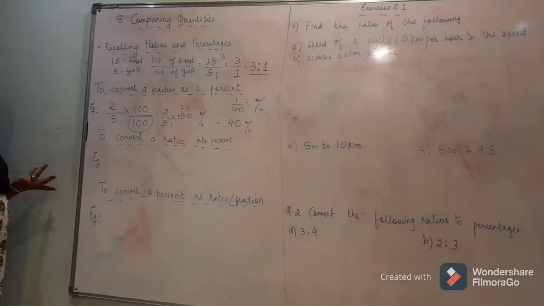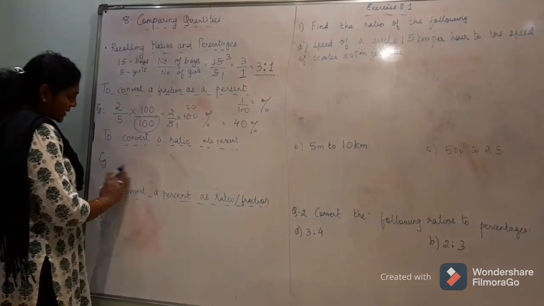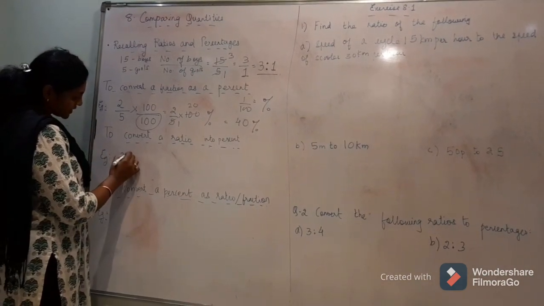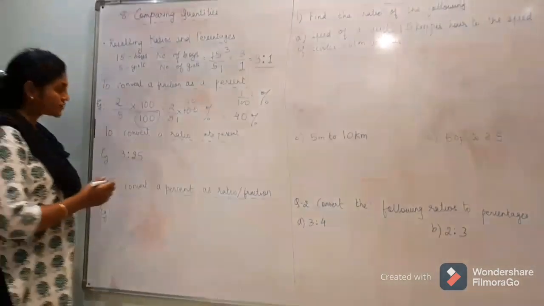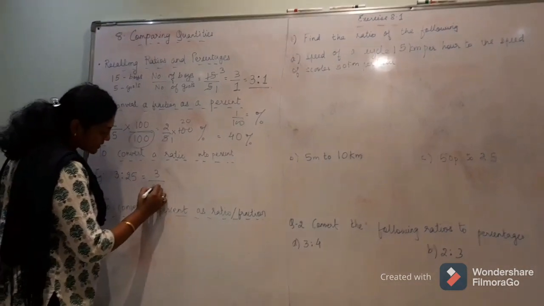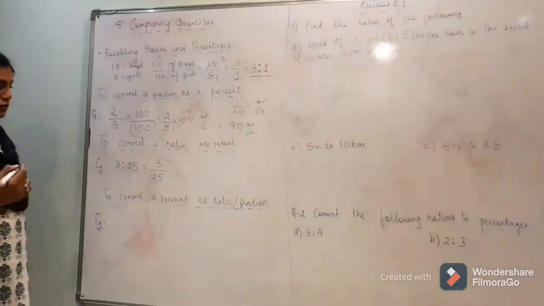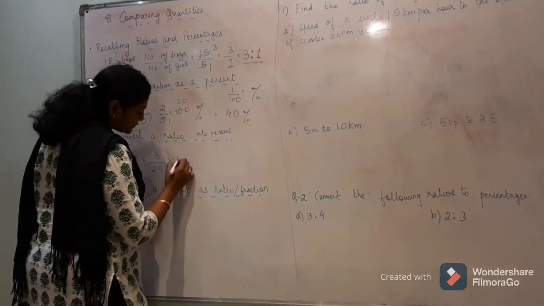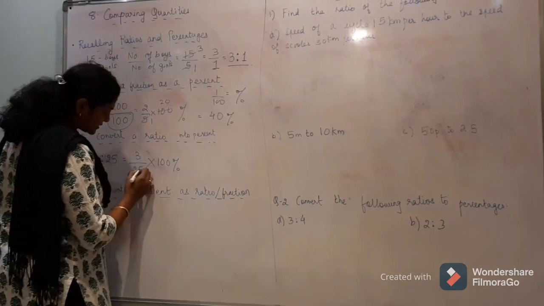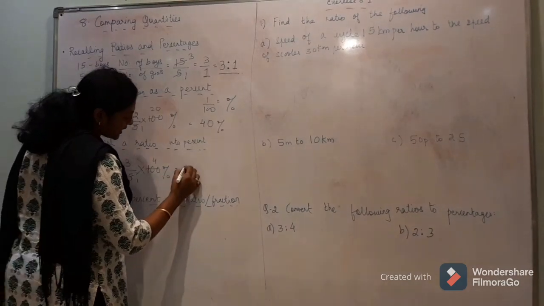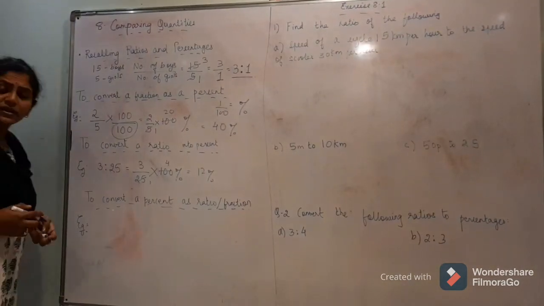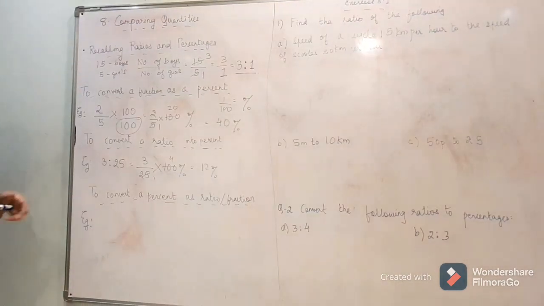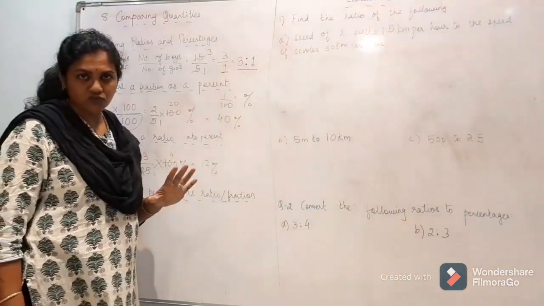Now convert ratio into percentage. It is the same as it is. Suppose it is 3:25. तो मुझे इसको कन्वर्ट करना है, तो इस टू तो सेम है, न्यूमरेटर बाय डिनोमिनेटर. तो मैं क्या करूंगी, इनटू 100%, 4 और ये आ जाएगा 12%. सो फ्रैक्शन और रेशियो, नो मोर, नथिंग more difference is there between these two.